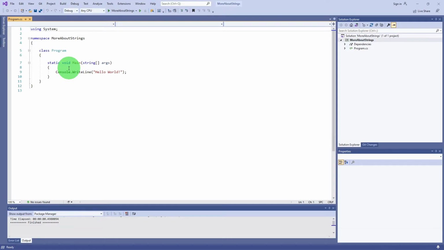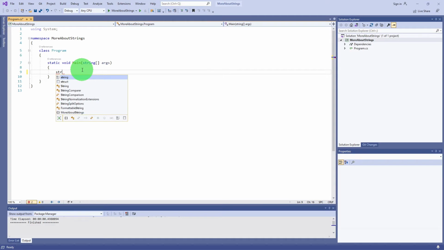The first thing we are going to discuss is string concatenation, which we loosely discussed in one of our earlier videos. So let me just remove this line of code in the main method. Here, let me define two strings first of all. So string str greetings 1,